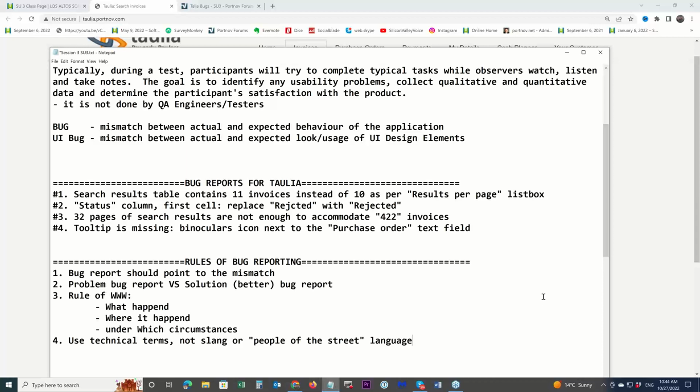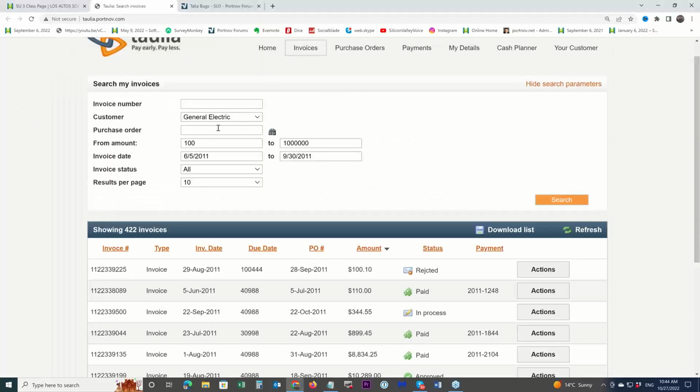So list box is the official name of that type of interface. A text field is the official name of that field. Yeah, that is a text field. It's not a field. It's a text field.